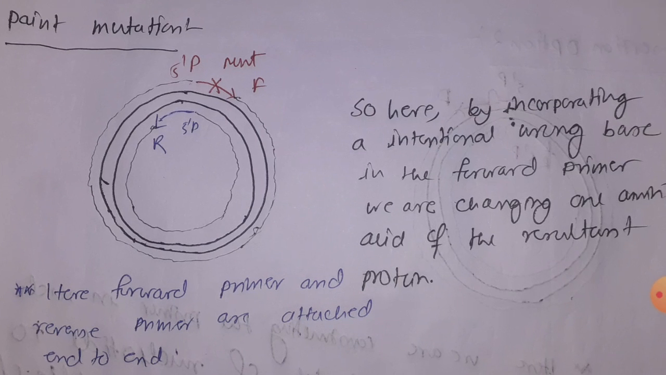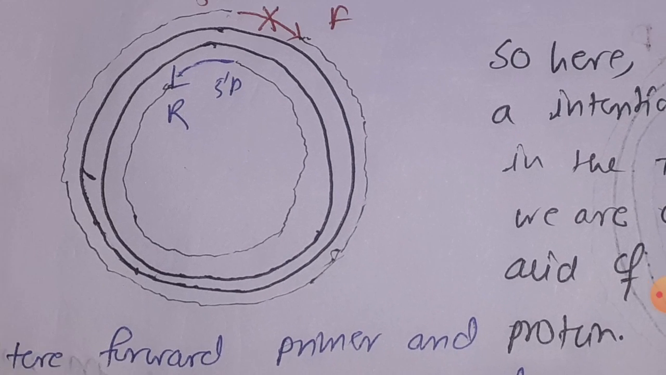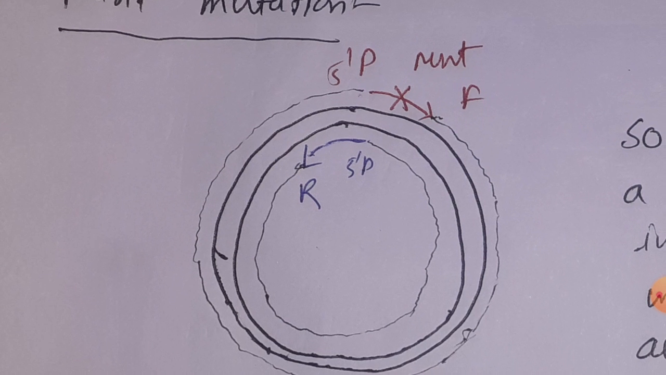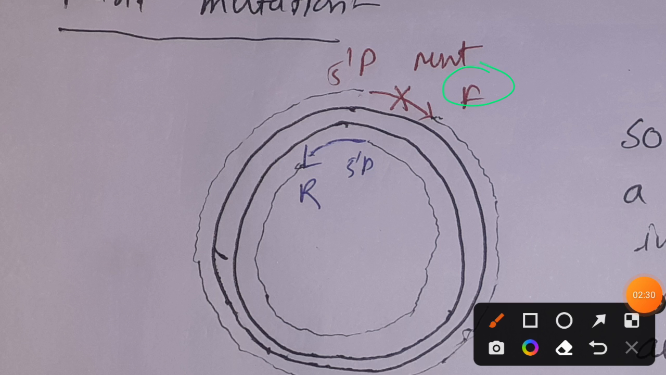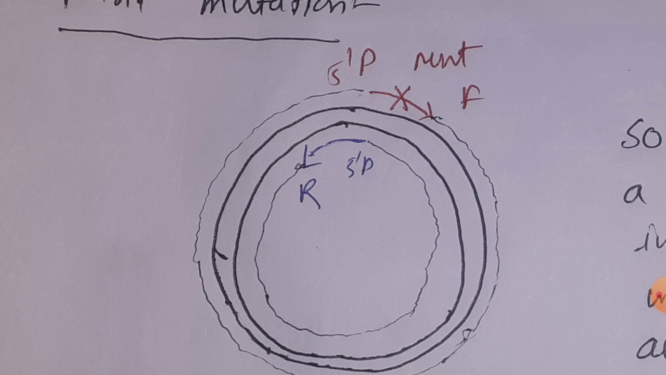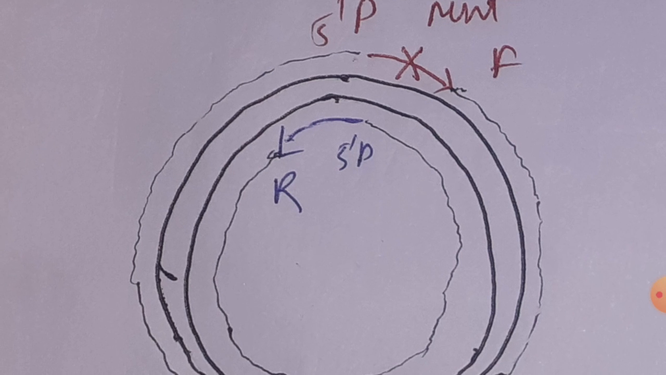Another important thing I want to tell you is that all kinds of site directed mutagenesis are also known as PCR directed mutagenesis, because here we are simply using PCR to perform those mutagenesis. Okay, so now let's start. I think you know that PCR requires two kinds of primer, forward primer and reverse primer, right? Two primers, forward and reverse. So in case of point mutation, the idea is that the reverse primer will be